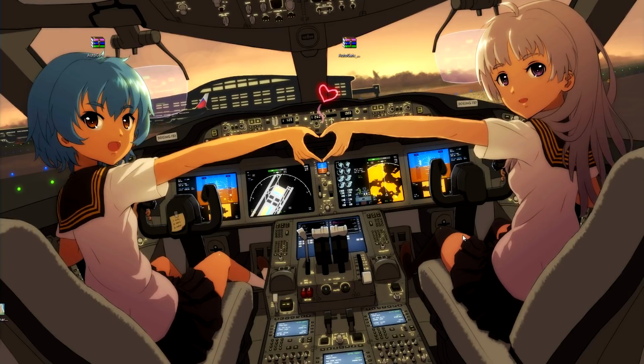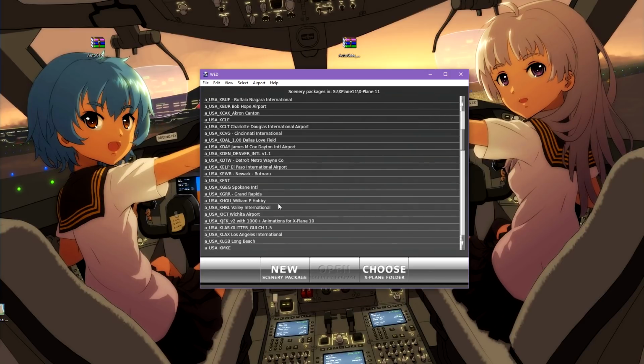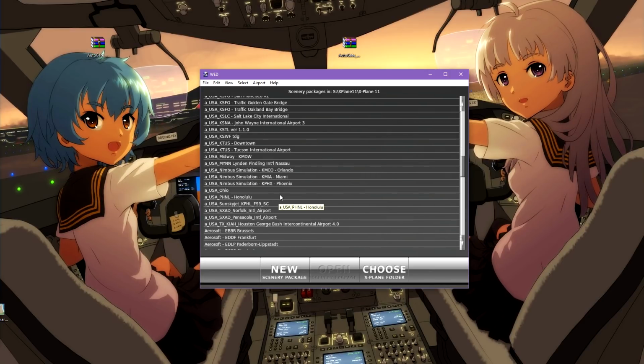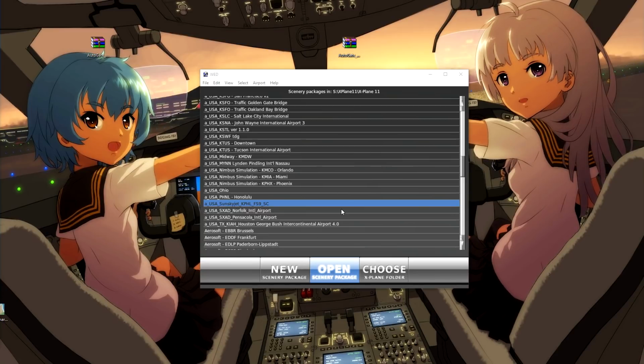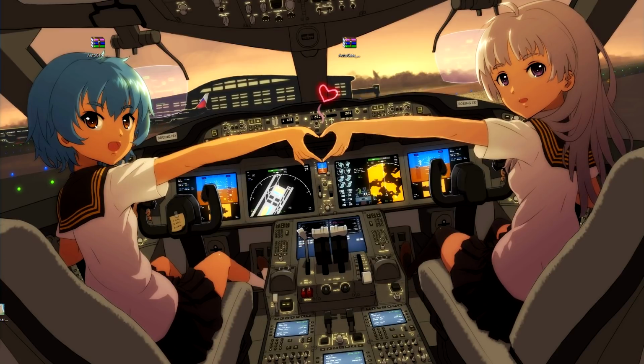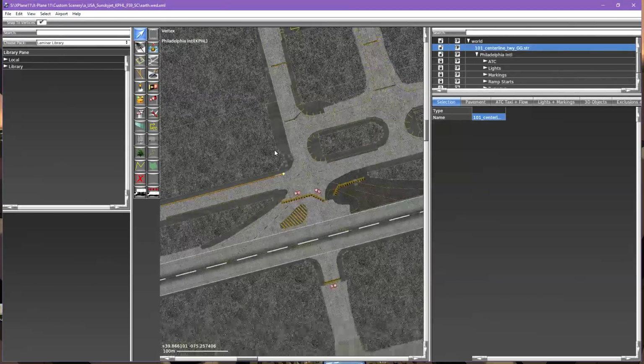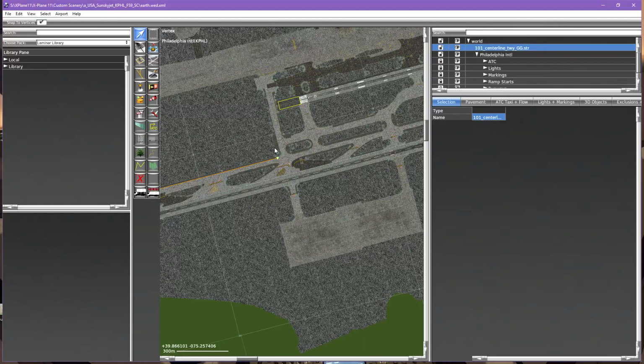So, and technically, let me load up World Editor here real quick while I talk. If you have all your 3D objects laid out using World Editor, you won't even open Overlay Editor. You won't need it. It is unnecessary. But because of the nature of the scenery that we're working on right now,